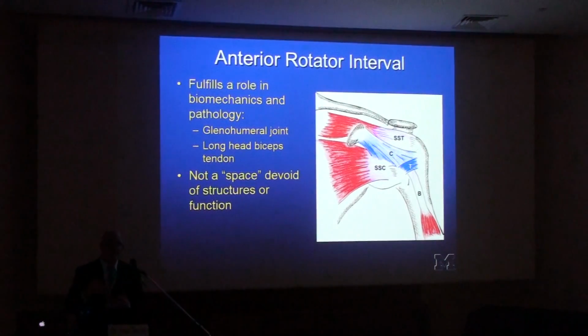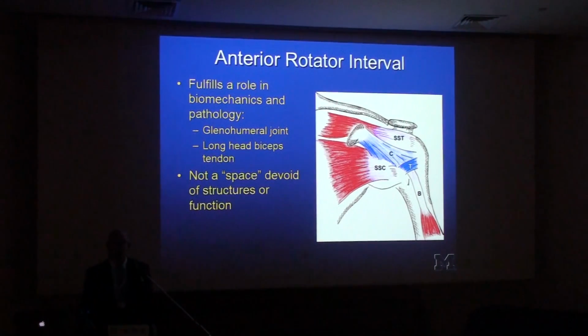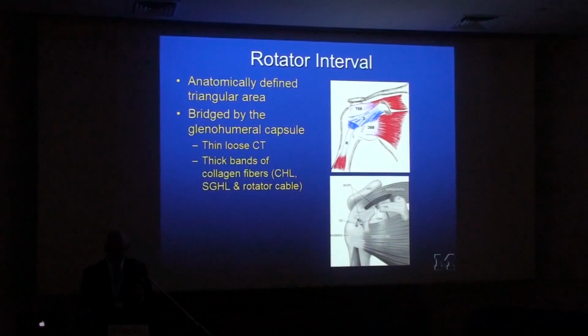So let's start with the anterior rotator interval, which fulfills roles in the biomechanics of shoulder stability and long head biceps tendon stability. When the supraspinatus and subscapularis diverge around the coracoid itself, they form a triangular space devoid of tendons, covered by connective tissue, which is focally thickened in some areas, and these are the ligaments,